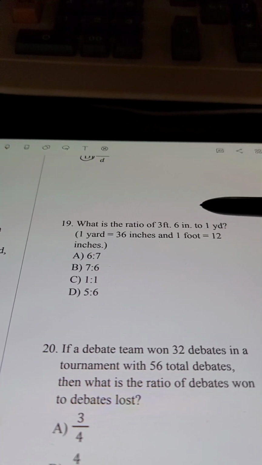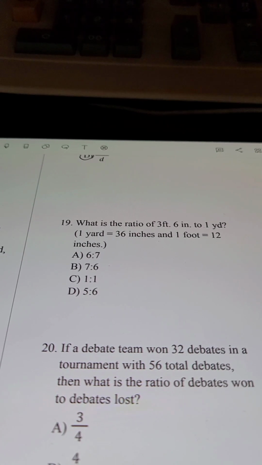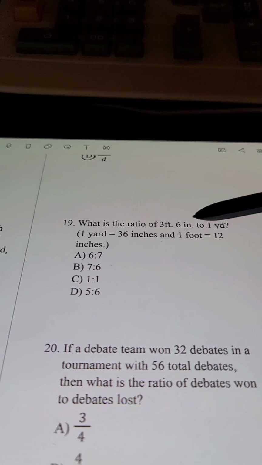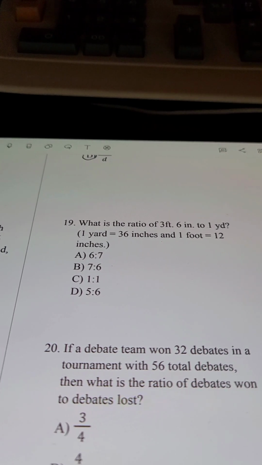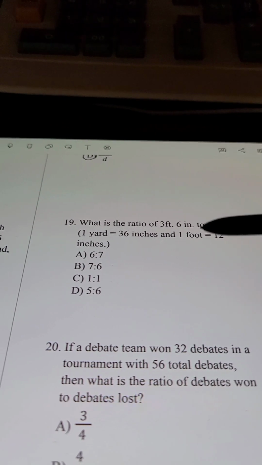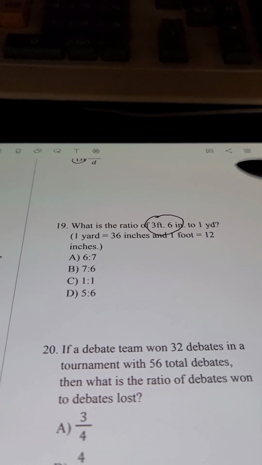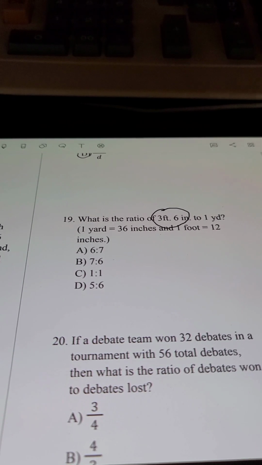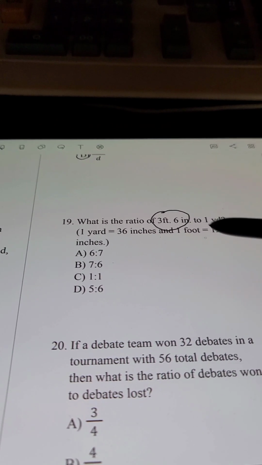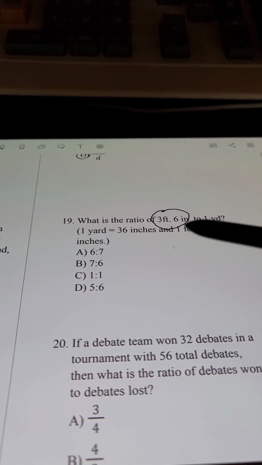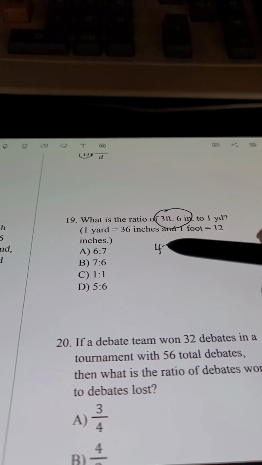What is the ratio of this many feet, or this many inches, or sorry, this many feet, this many inches? So it's 3 feet, 6 inches to 1 yard. And then we see the relationships down here. So first of all, let's make this into one consistent unit. So I'm going to turn this into just inches. So I know 1 foot is equal to 12 inches. So if I have 3 feet and 6 inches, 3 times 12 is 36, plus 6 would be 42 inches. So 42 inches